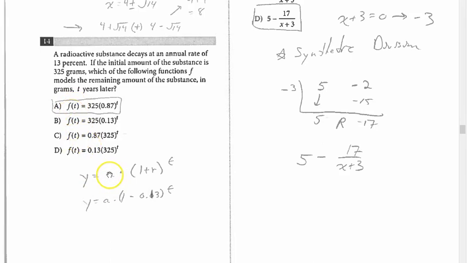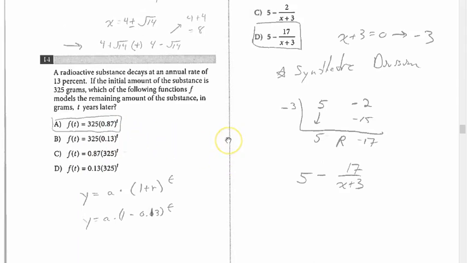I let a be my initial amount, times 1 plus r, where r is the rate, up to the power of t. Since I'm decaying, that's like having a negative rate. We never plug in a percent, so I made it a decimal, 0.13. From here, I know 1 minus 0.13 gave me 0.87, and my initial amount was 325. So rapidly you can eliminate C and D,